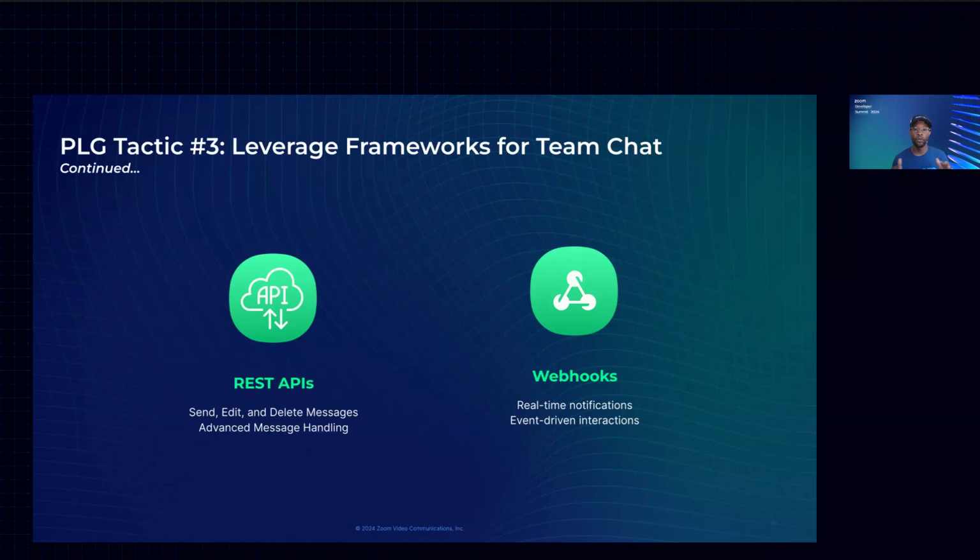Now, let's talk more about the Zoom Team Chat REST APIs. The Zoom Team Chat REST APIs are what allow you to programmatically send and receive messages. When you combine them with webhooks, you create more responsive and interactive communication flows from your application, extending to the Zoom Team Chat. For example, using a webhook, you can set up notifications for specific events, such as when